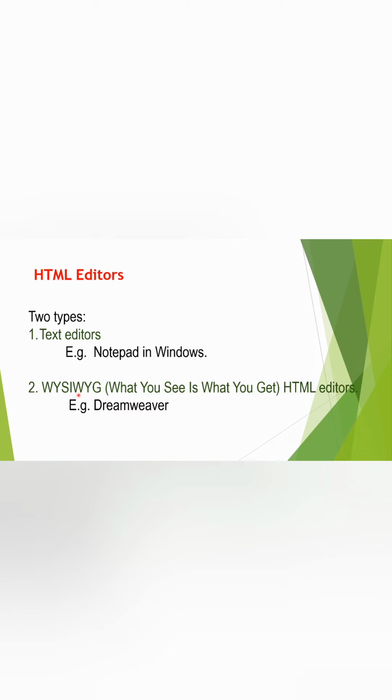In the case of What You See Is What You Get HTML editors, we do not need to write any HTML codes. Instead, these HTML editors have design tools using which you can create or edit a web page. Dreamweaver is an example of a What You See Is What You Get type of HTML editor.